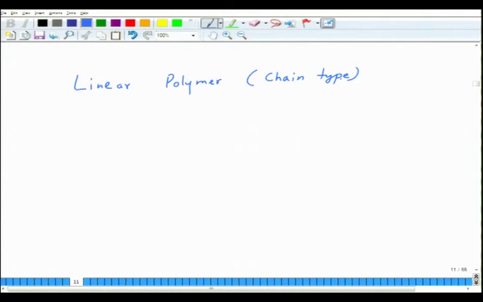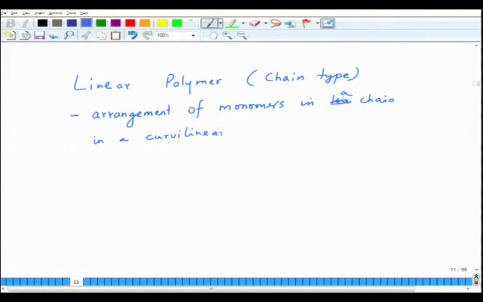Basically it requires that monomer means one mer. Arrangement of monomers in a chain in a curvilinear fashion, like this. And then you have what we call